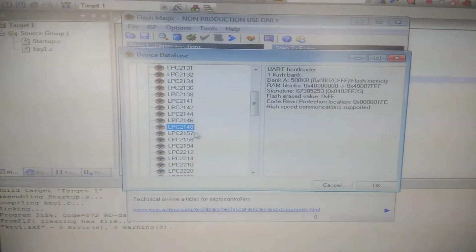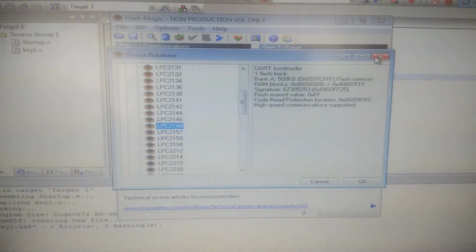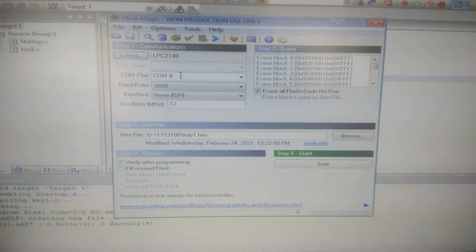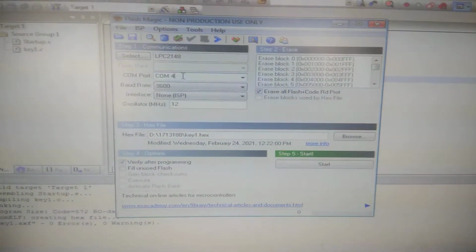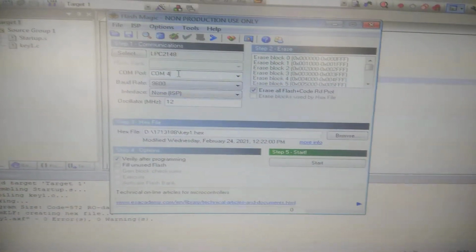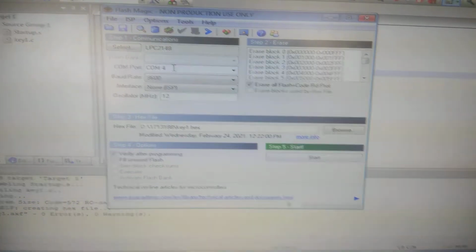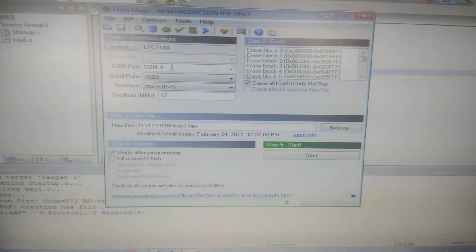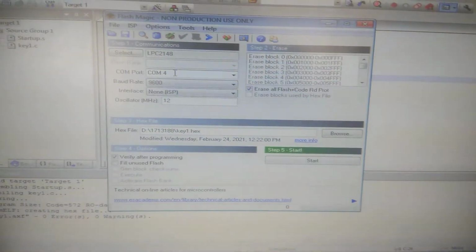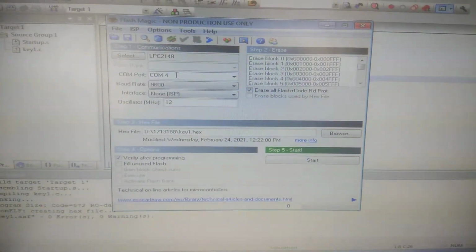So we are having the 2148. We have chosen the 2148 device, and then there is a COM port. This is very important. If the COM port is not synchronized with your CPU, it will show an error. So if you get an error, you contact your laboratory in charge or assistant to set the COM port, because it's administrative.